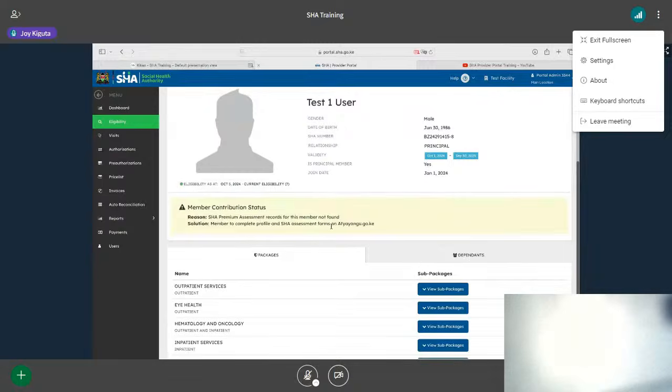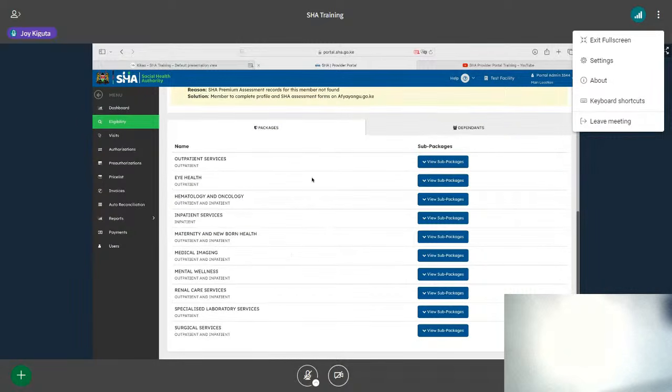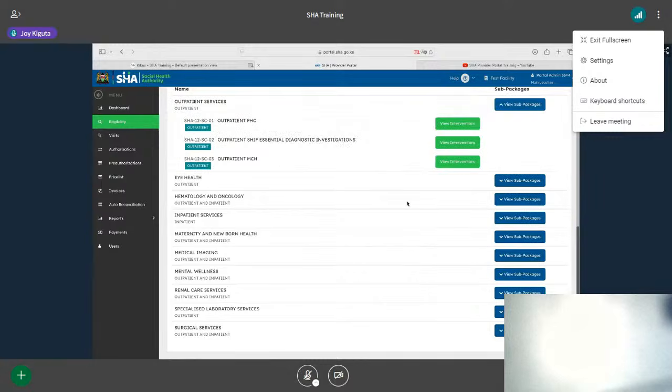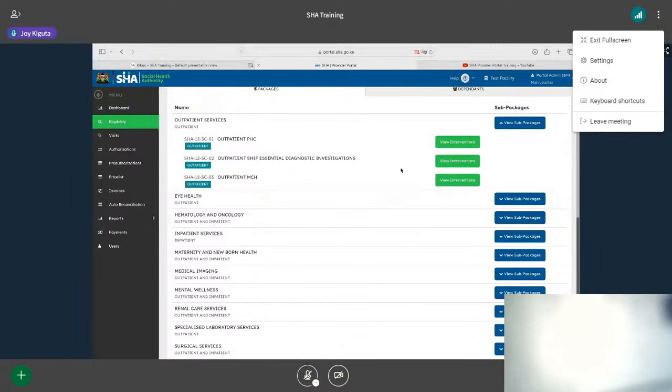Now, looking at packages, which is where you'd be able to start a visit from, these packages are modeled against the benefit packages that have been rolled out. So what you should be able to see are all of the packages, and then you drill down to see the sub packages. So in this case, for the outpatient service package, can be able to see that the sub packages are outpatient PHC, there's the shift one, and then there's